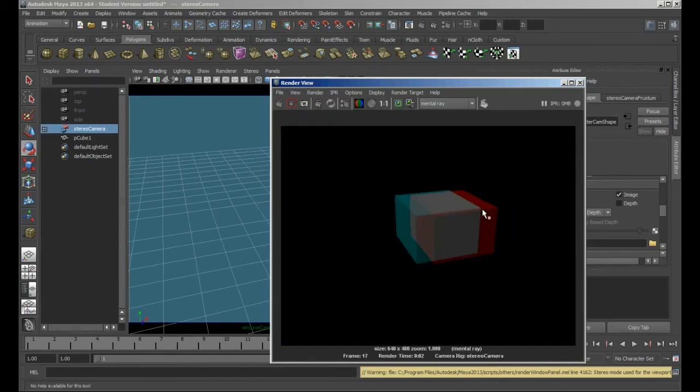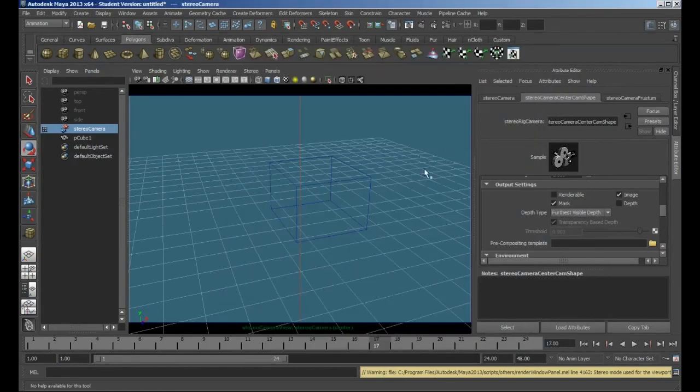and that's going to separate your colours out for you and give you a nice 3D-esque image from Maya, which is quite cool and good fun,